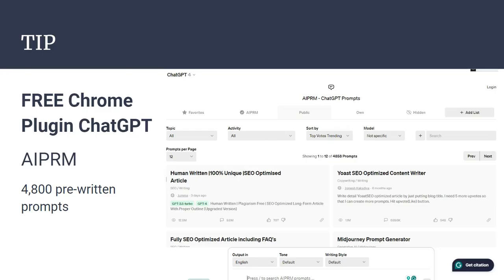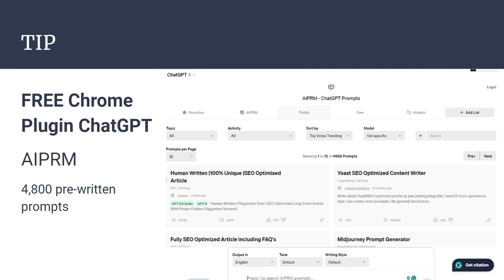Now, we told you we're going to have some tips and tricks for you. So this is one of the big tips. So we know that crafting a great prompt helps you get better output. Well, there turns out to be a free Chrome plugin with thousands of pre-written prompts, right? And so you can get access to them using this AI PRM.